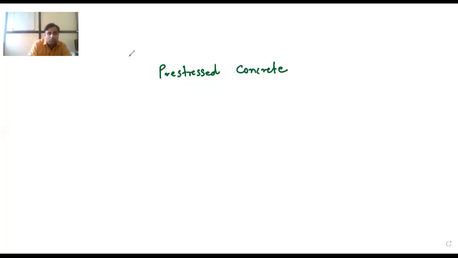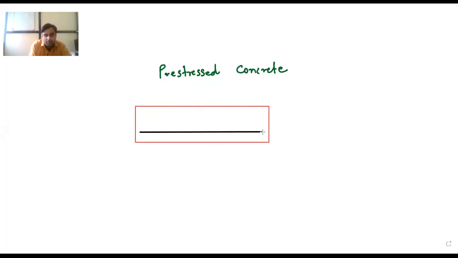If I draw the diagram over here, suppose this is your beam. Now what we generally do, we place the steel reinforcement. So here is our steel reinforcement at the bottom of the beam as well as at the top of the beam. But the top steel we provide, we don't design for bending moment. That steel is provided generally 2 bars of 10 mm diameter or 2 bars of 12 mm diameter at top. Why do we provide this? Because it is given in the IS code.